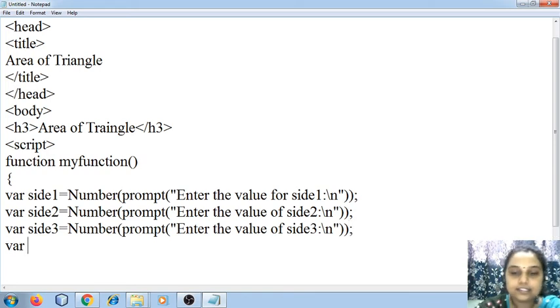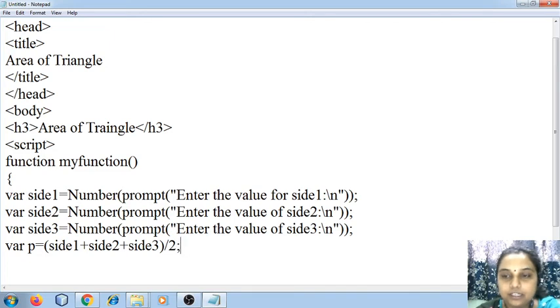My next task is I need to find the perimeter of the triangle. So how do I find it? side1 plus side2 plus side3, the whole thing divided by 2. I'm going to create a variable to store the area.